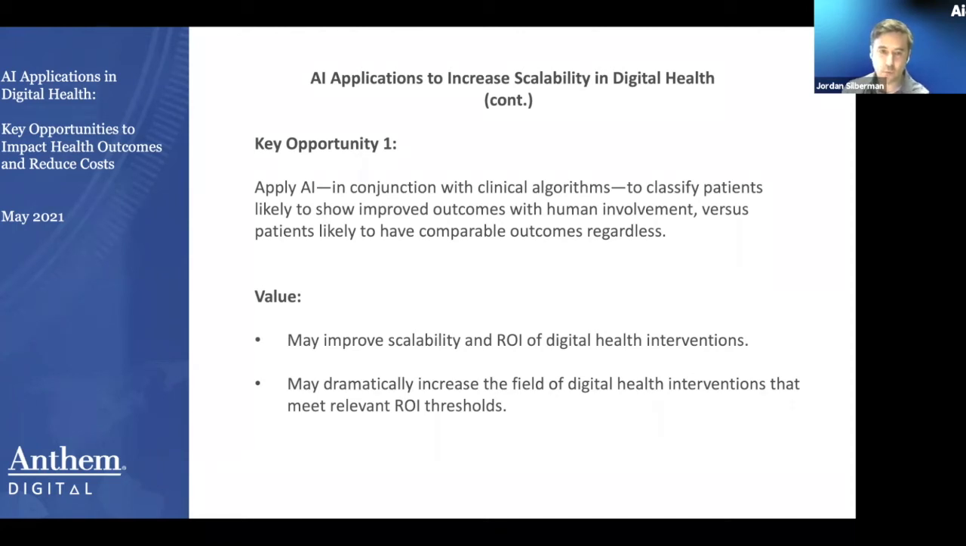then we may have an opportunity to really increase scalability, because now you need less of that human interaction, and you're able to automate more and provide an effective digital health intervention to more patients with the same level of resourcing invested. Okay, so that's an exciting opportunity, and many